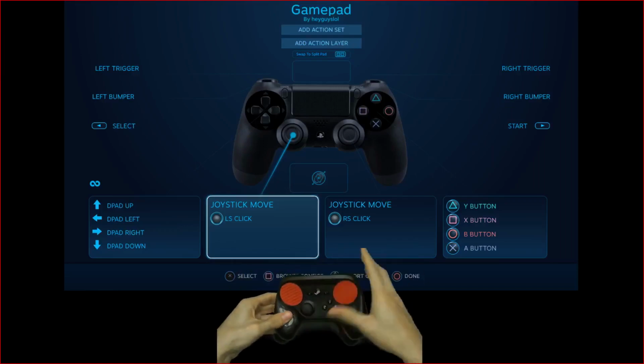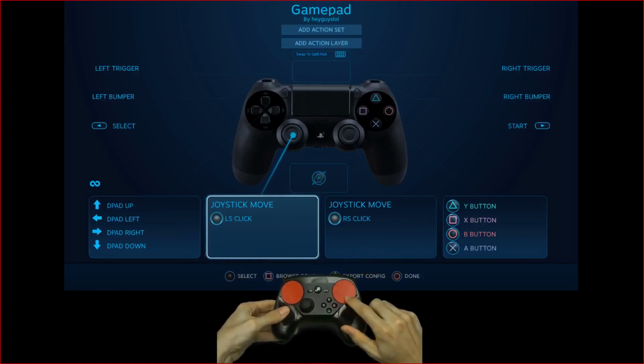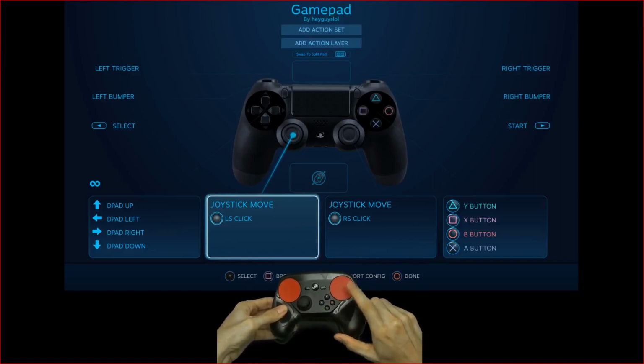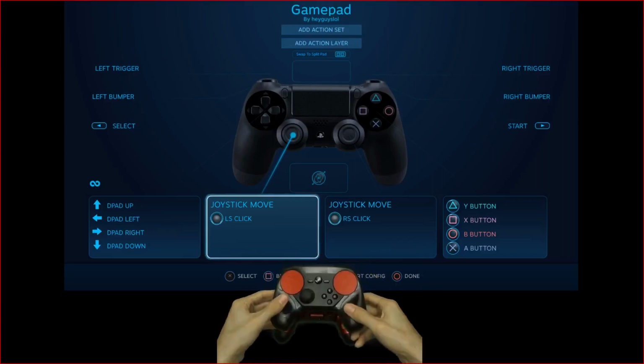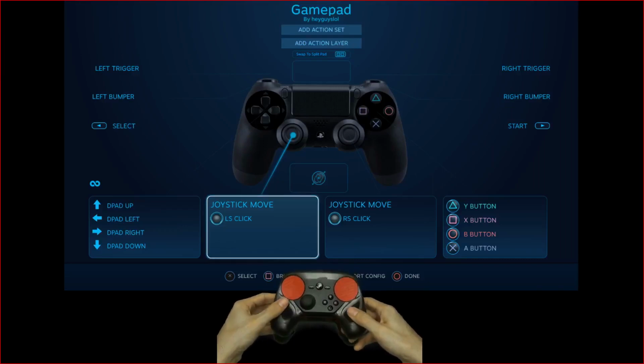But I'm sure there's going to be a situation where the Steam controller might be the more desired way to go. The main reason I don't care for this controller, aside from the fact that there's only 2 buttons on the back, is this controller is very cheaply made. It just doesn't feel good in the